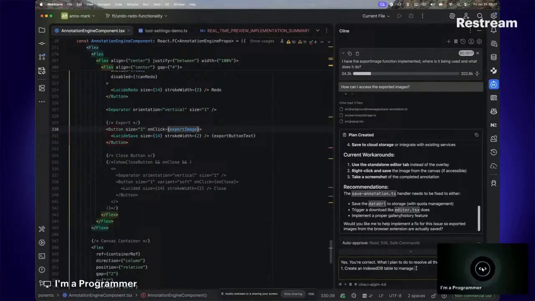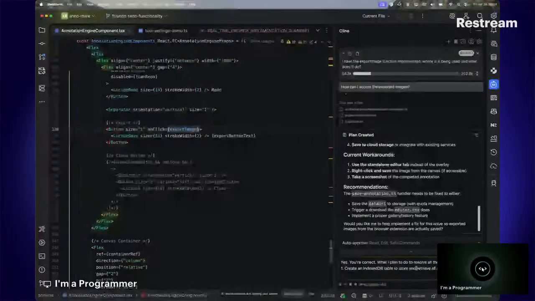To manage all exports, including storage and recovery, storage and accessibility. Okay, let me just say to store and retrieve all exports,